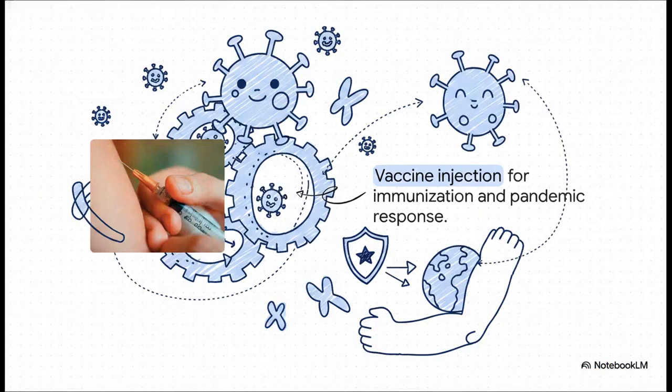All right, on to Section 3, Immunity and Medical Defenses. So let's scale up to the human level. Our immune system is frankly an incredible defense network. It's great at recognizing and fighting infections, but it definitely has its limits, especially when faced with completely novel, newly mutated viruses it's never seen before. That, my friends, is where immunization comes in to save the day.